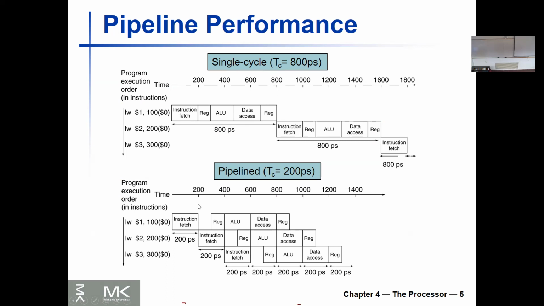Agree? But if I do the same commands in parallel somehow, now what I'll have is a situation like this. The first time I can only do one command, I only got the first command, I started him off. Now, before I finished him, I'll start the second command. And before I finish him, I'll start the third command. But now, each of these shorter cycles, which are only 200,